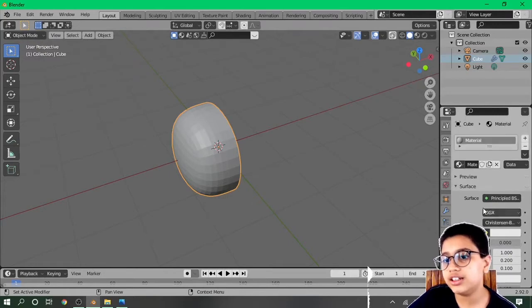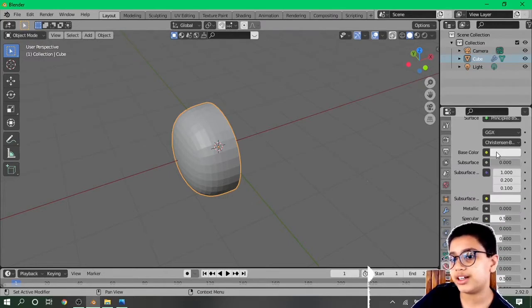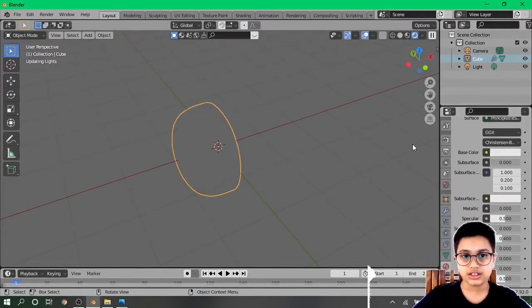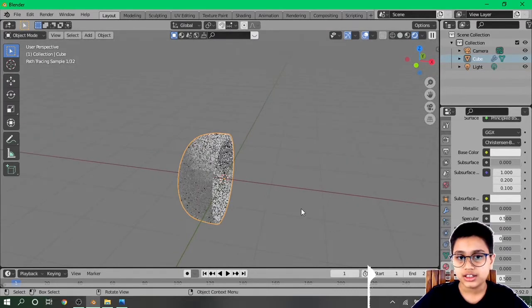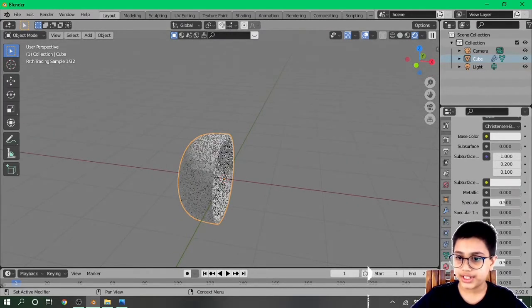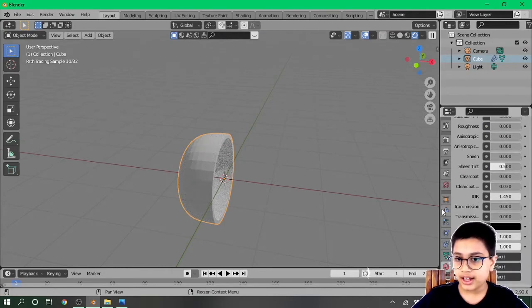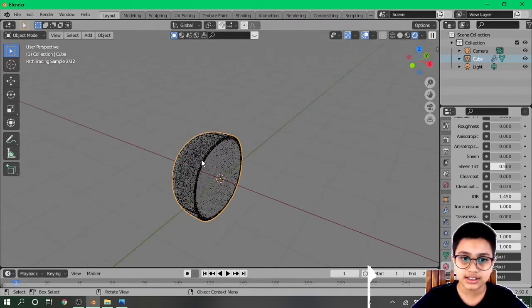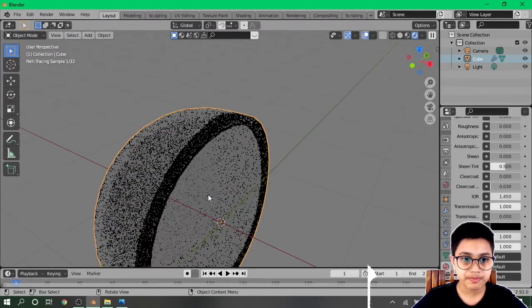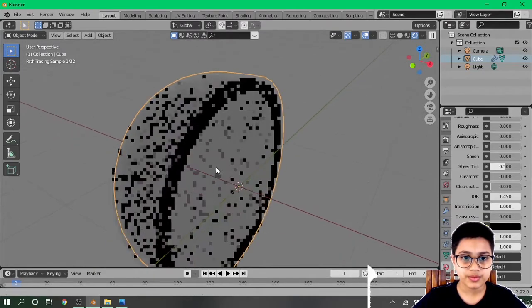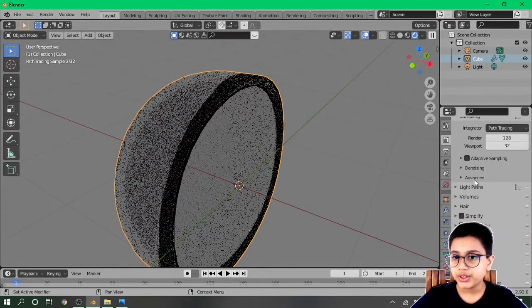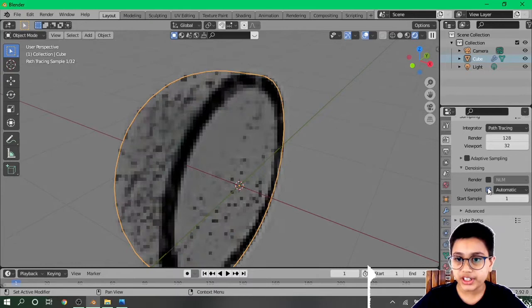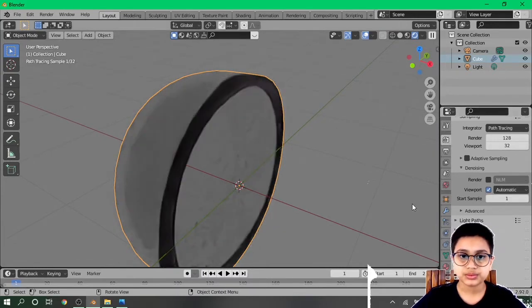Then there is the materials. Here you can change the materials. Like if I want to make it a glass material, then I'll make the roughness 0 and I'll change the transmission to full, and there you have it, it's glass. And now if you go to the denoising and if you denoise it, there it is, you have glass in your scene.